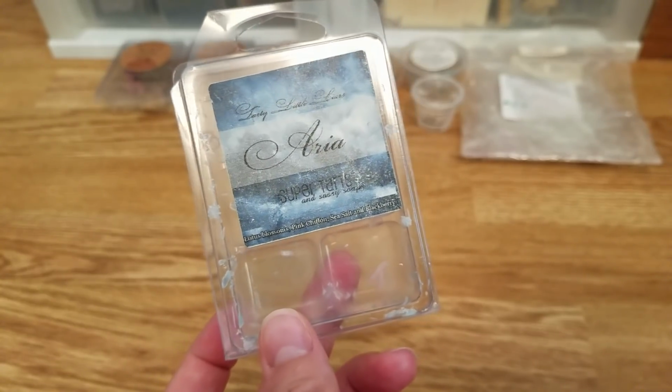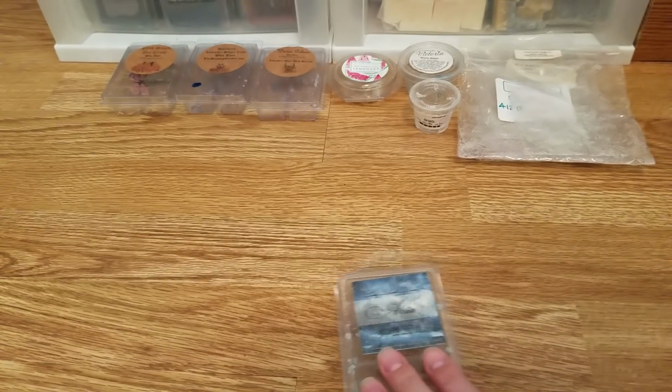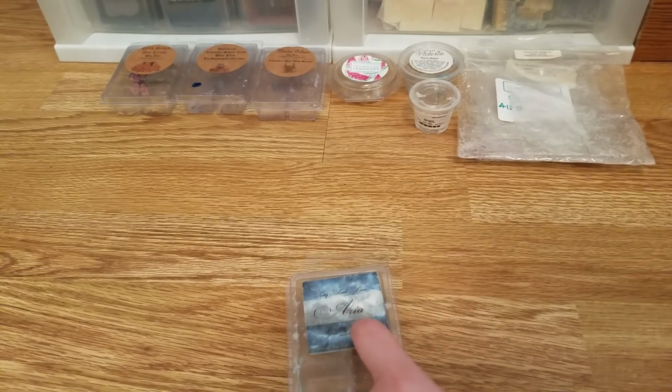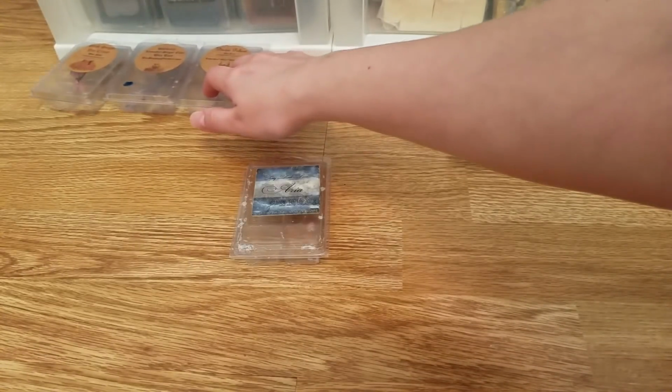I think I have this in a perfume. I don't even know what they are anymore, I just use them. I'm pretty sure I bought this. No, I didn't. I bought Penguin, which is a different scent. I would buy this in a perfume because I like it as a perfume. But it wasn't my favorite for...